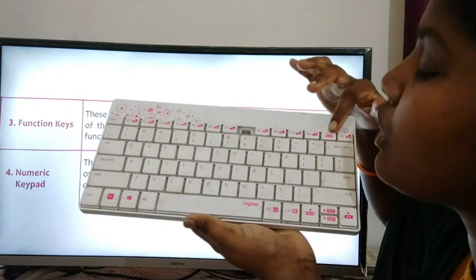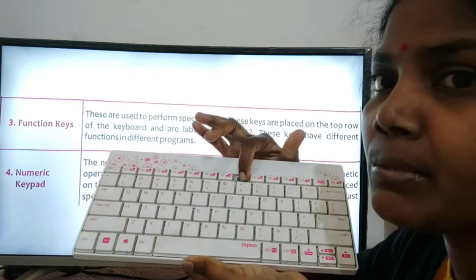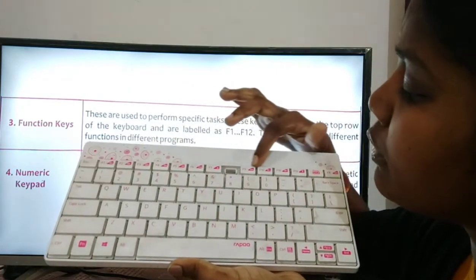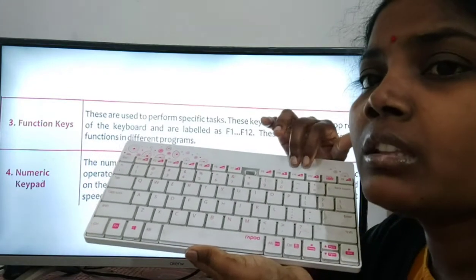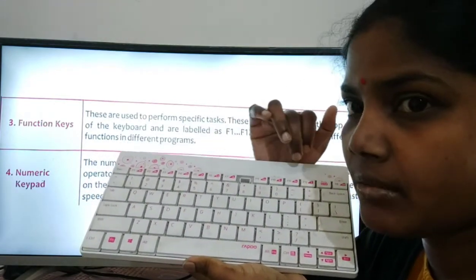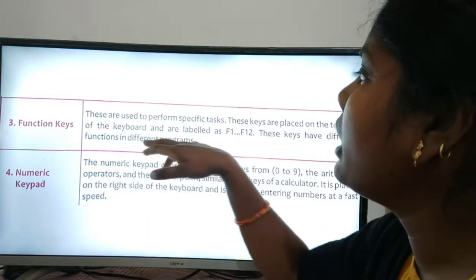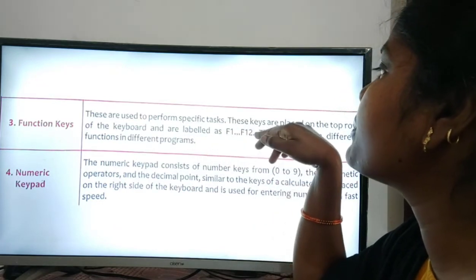These keys are called function keys. Here one key is missing, so don't worry. In the first row of the keyboard, these keys are labeled F1 to F12.